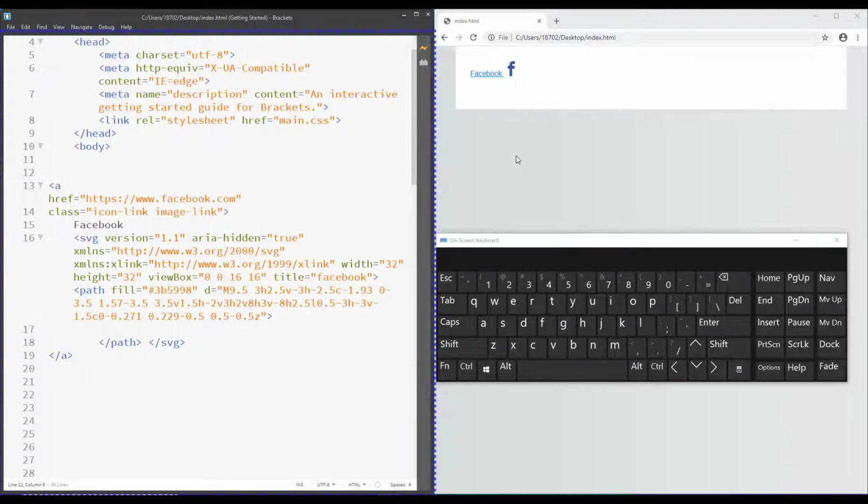Now let me show you a more practical example. ARIA Hidden is often used when you want to create graphic links and you don't want the images to be read aloud. In this case, I have an SVG icon and I have a link that says Facebook. So if I don't add ARIA Hidden, then it is possible that some screen readers, or a combination of screen readers and SVG icons, are going to be read aloud. For example, the screen reader might say triangle or circle or path. They sometimes announce SVG icons, so to make sure that it doesn't happen, you can add ARIA Hidden True.